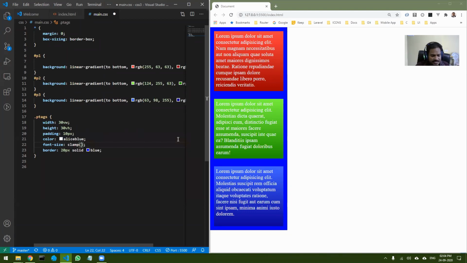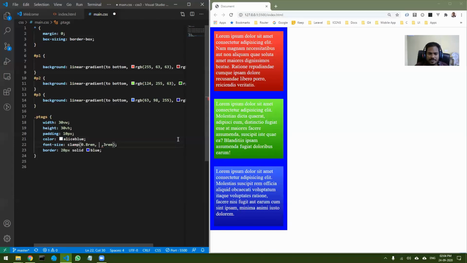Okay. So let's set the minimum. Sorry, let me select 0.8 rem as minimum, and maximum as, let's say, 3 rem, and in the center I can have something like the fluid part.